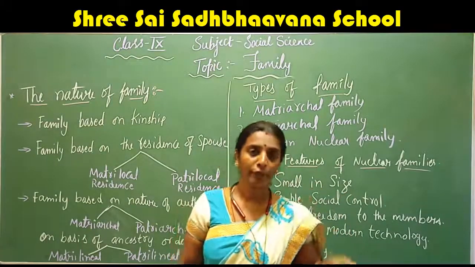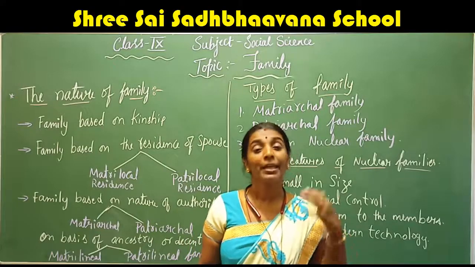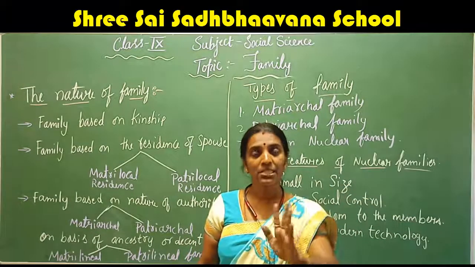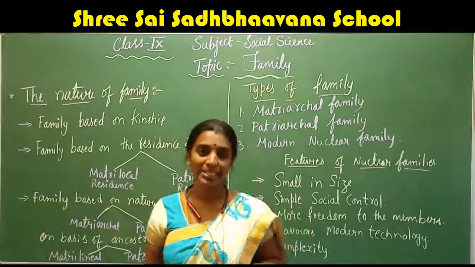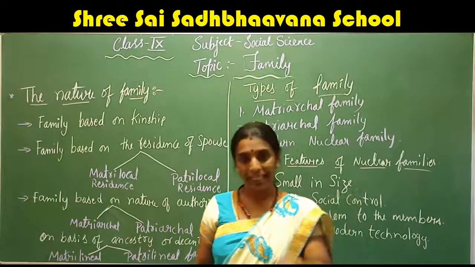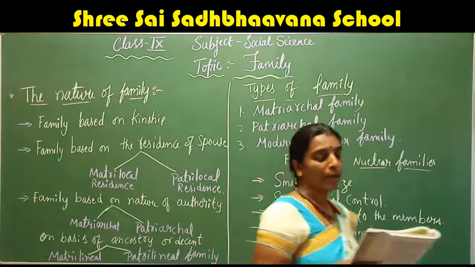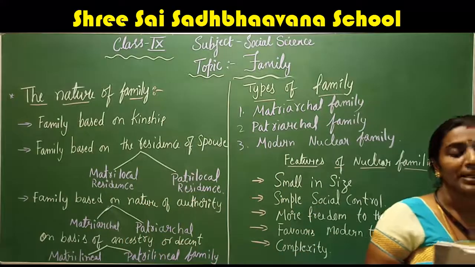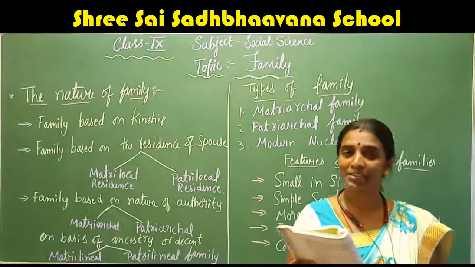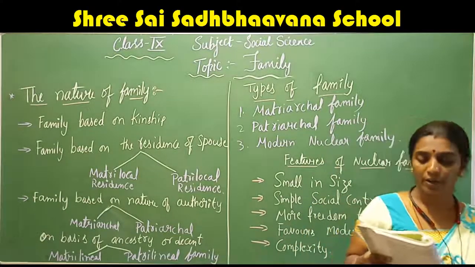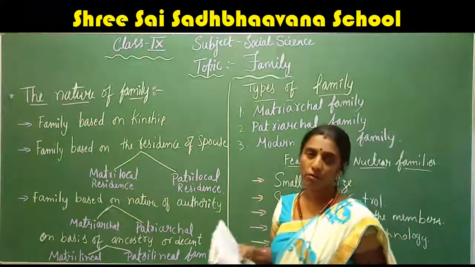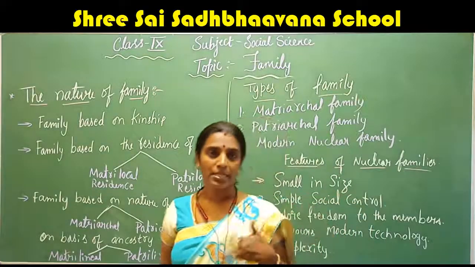If the head of the family, the father or the grandfather, expires, the authority goes to the elder son. This is the system in a patriarchal family. Patriarchal families were present in the ancient societies of Greece, Rome, India, and China. I said, even in our country they are present now also. Even at present, we can see the same thing.